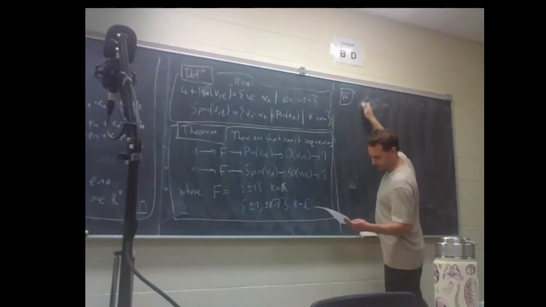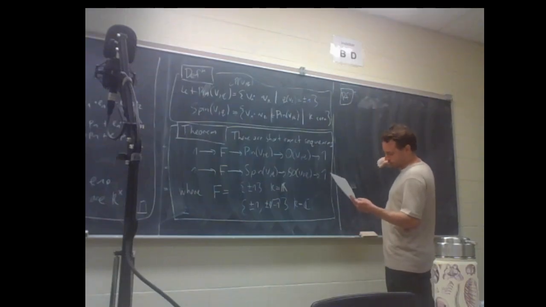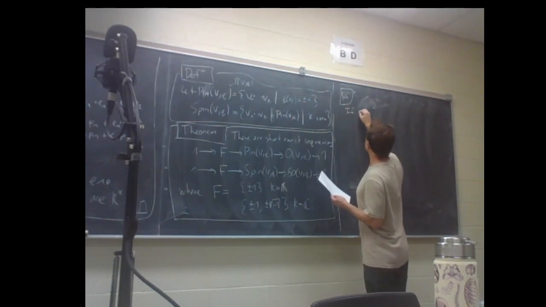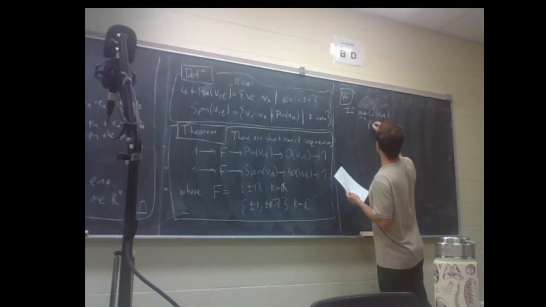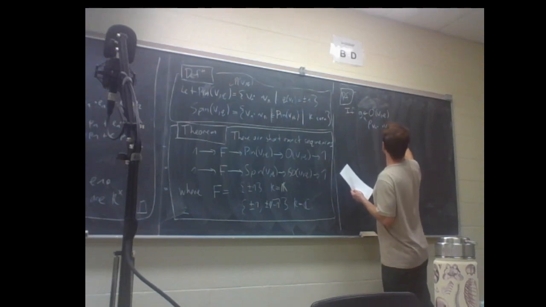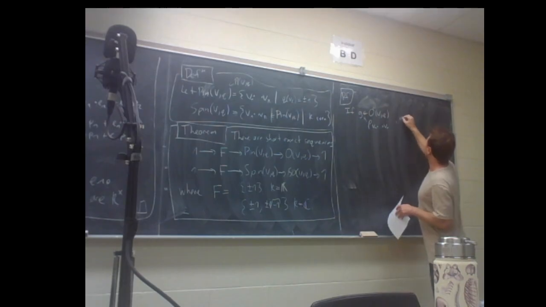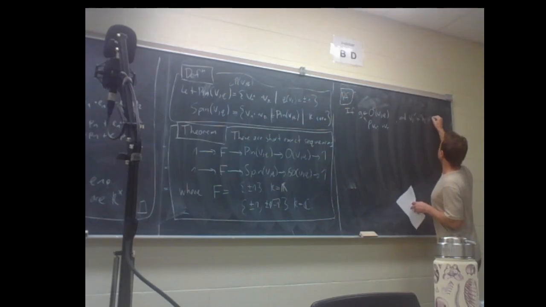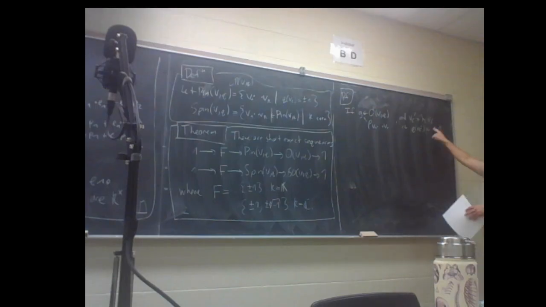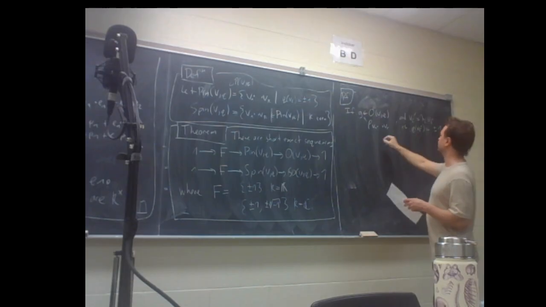And so going from P to Pin, how do I say this in English words? I'll say what I do here. So if g in O(V,Q) is written as reflection through v1 up to vr, and suppose we normalize so that vi prime is lambda i vi, such that Q(vi prime) is equal to plus or minus 1. This is something that we can always do over the reals or complex. Then